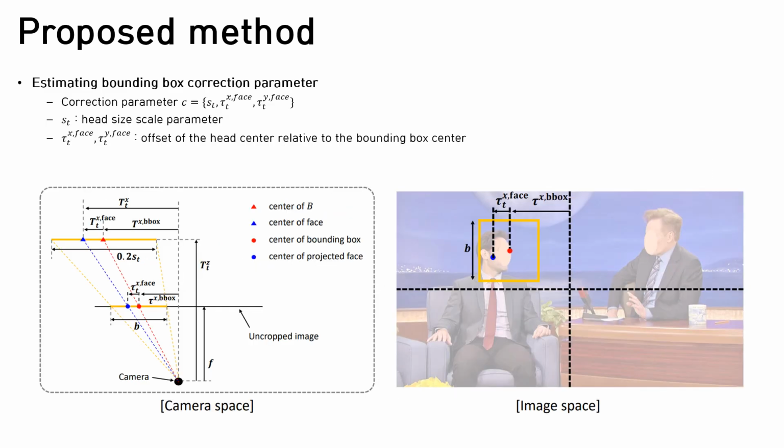We assume that every person's head would fit tightly within a bounding box of size 0.2 meters by 0.2 meters, but this assumption does not hold in reality because head sizes vary across individuals. The correction parameter S is used to account for this discrepancy and serves to adjust the estimated head size accordingly.